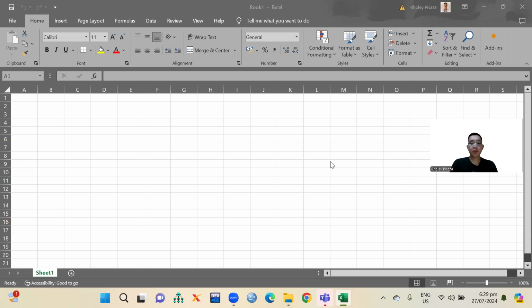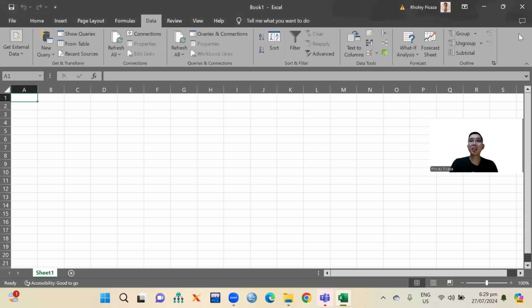So here, let's try to check whether your Excel already has data analysis. So press the Data tab, and in this upper part, there must be Data Analysis.